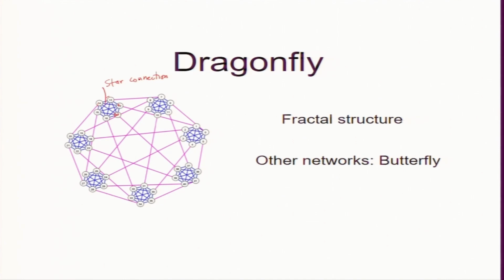Any to any. Okay. So, it is like a crossbar in some sense, but the connection, you can see, is a star connection. Now, these two guys can talk via these pink wires, but again I want to connect them all to all. So, this is an all to all connection at different levels. To go from this node to this node, I can't do it in one hop, but I can do it in 2 hops.